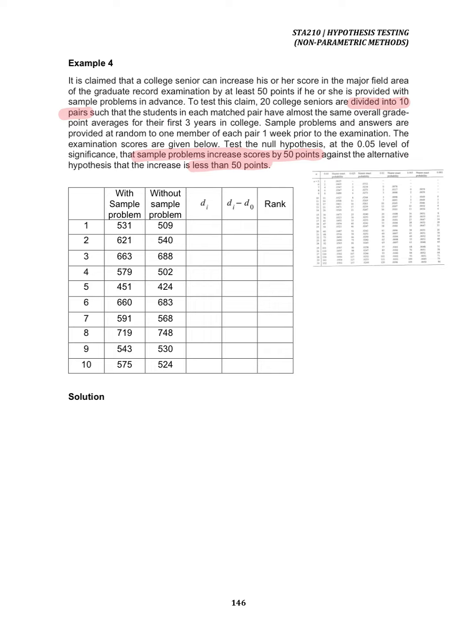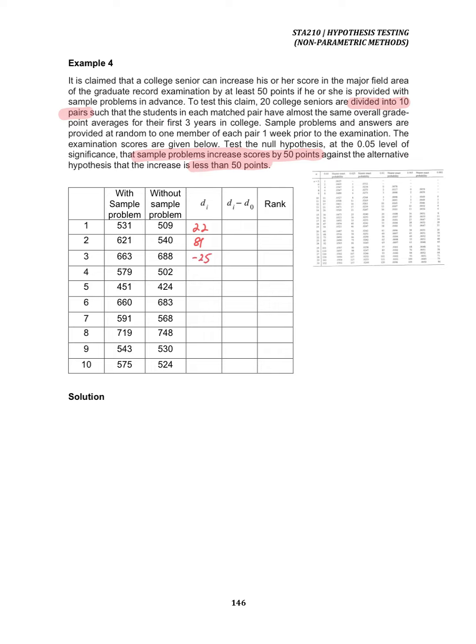Okay, first you need to find the difference for each pair. So in this case I will do with sample problem minus without sample problem. So for the first one, for the difference here, we will get 22, and then 81. 621 minus 540 is 81, and then 663 minus 688, we will get negative